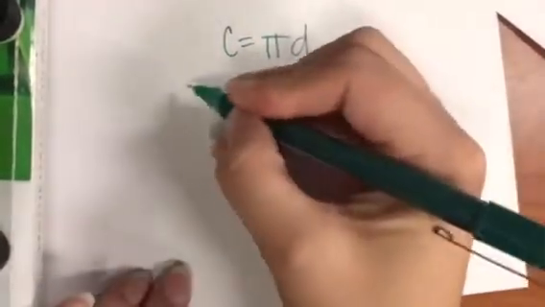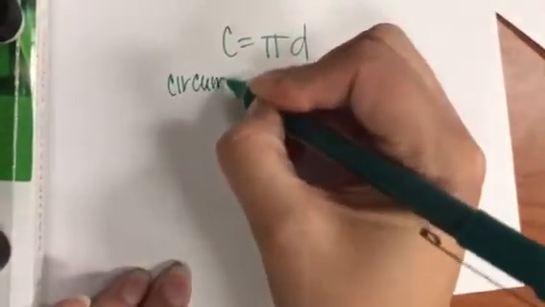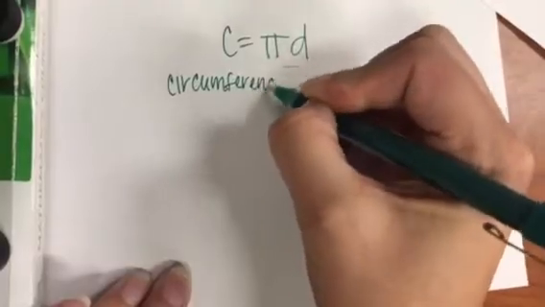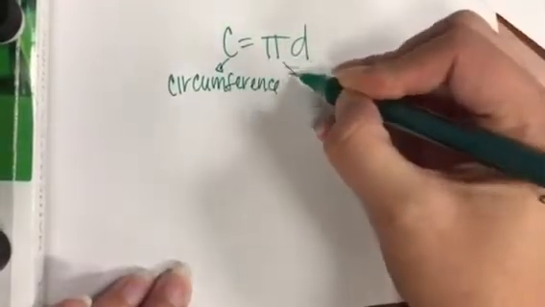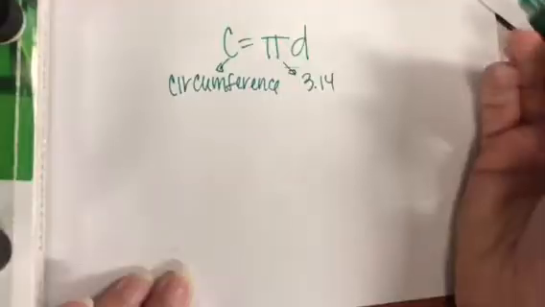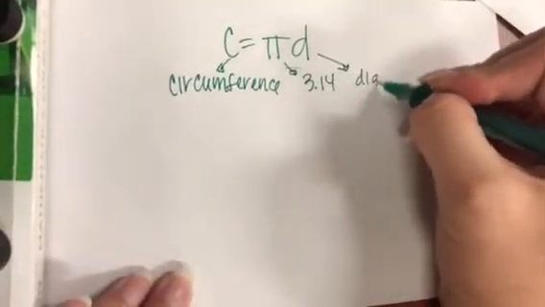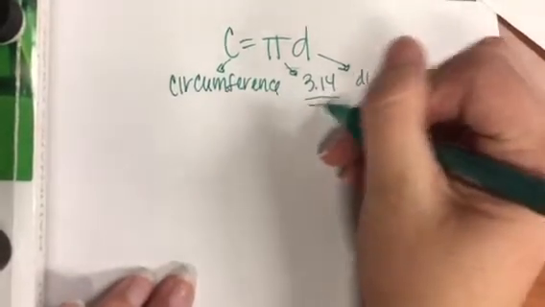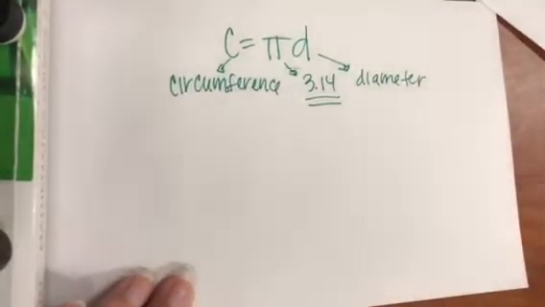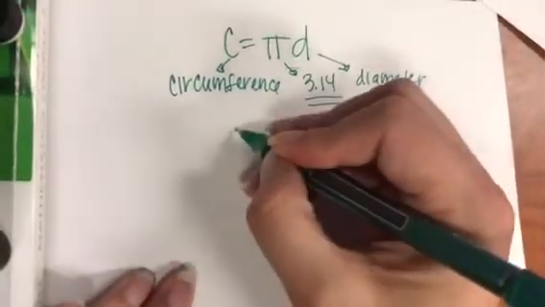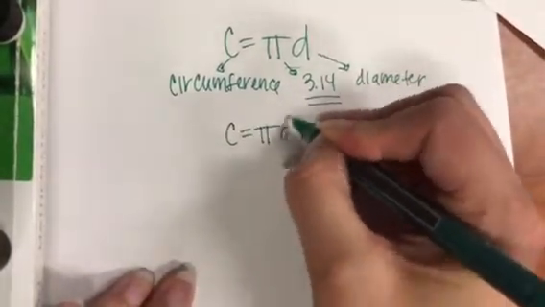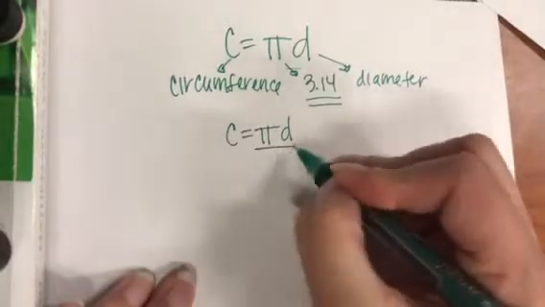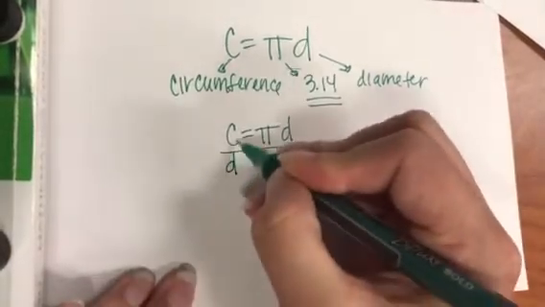Nope. Okay, so C stands for circumference. We all know that pi is 3.14, 22 over 7, whatever you want to use, and d stands for diameter. So you need to know the relationship. Like people ask, well, where did pi come from? Why is this arbitrary number? Why not just 3? Well, a mathematician long time ago discovered that if you were to divide the circumference by